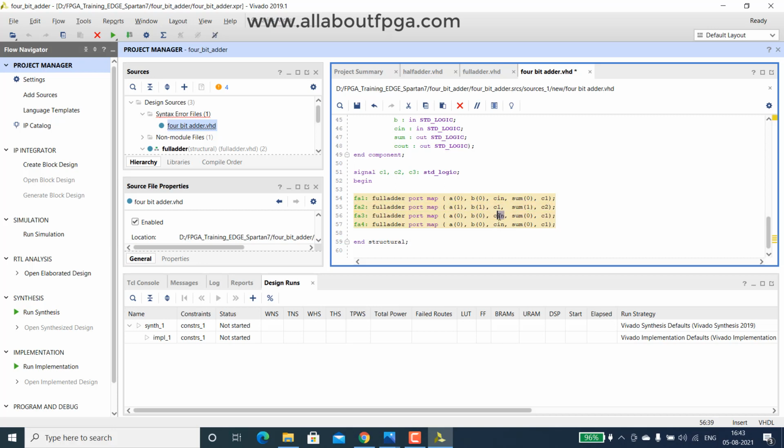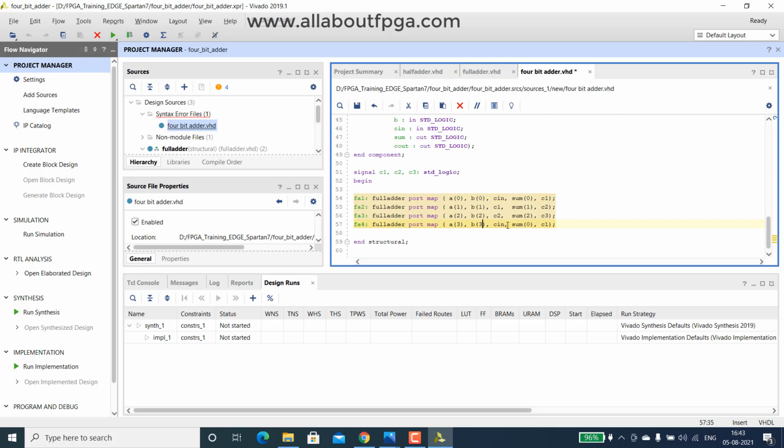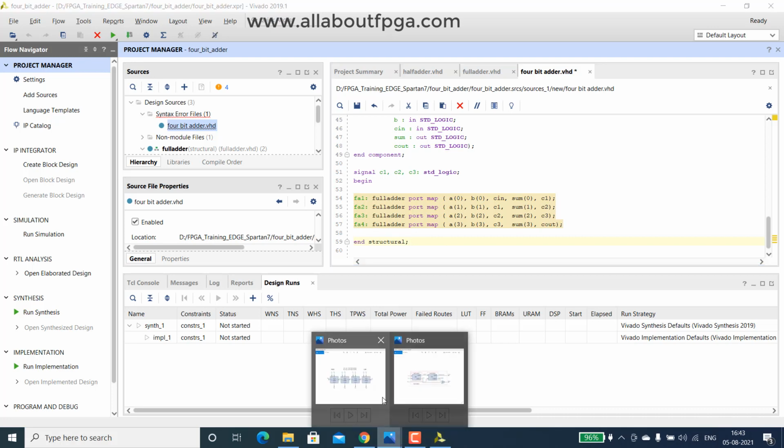Then that C2 will come over here. Then inputs are 2, then carry will be 3. So bits of 3. Then finally C out, right? So we have constructed the following circuit.